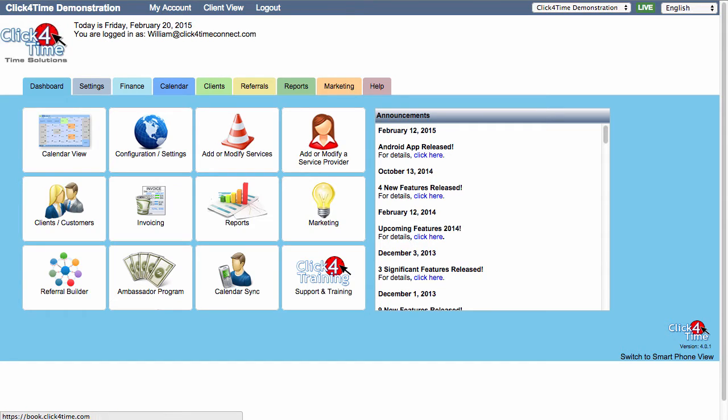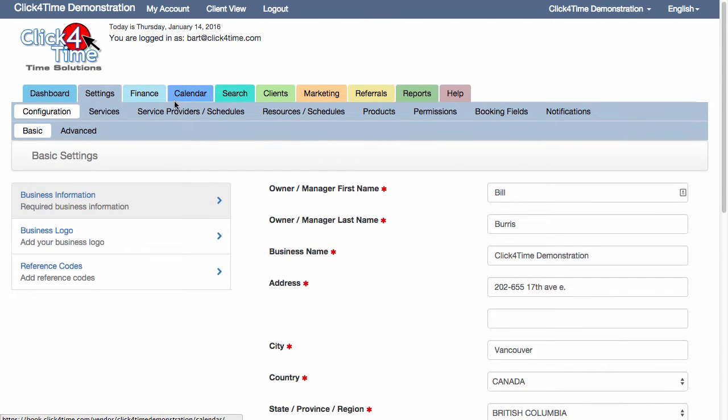Let's look at managing service providers now. We need to open Settings, and there you'll notice that there are separate tabs for service providers and standalone resources. The steps for creating and managing them are very similar, however. Service providers require a few more bits of information, so I'll use that as an example for this video.